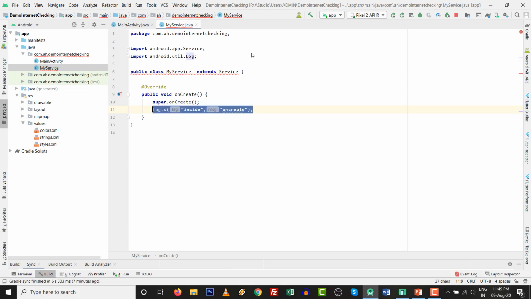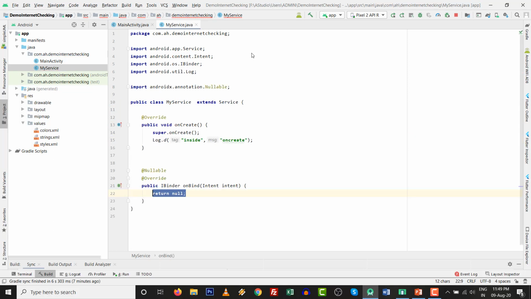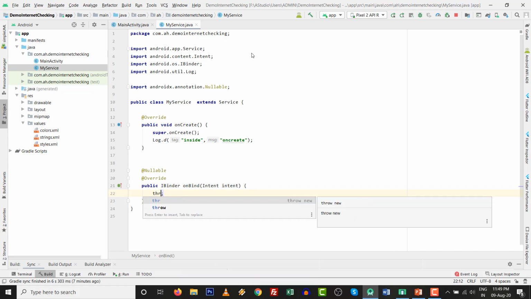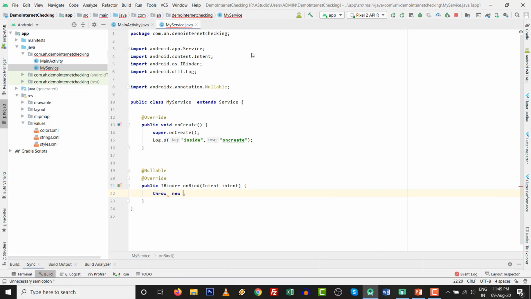I copy this string, then type onBind is there. So after you initialize this command, there is no red mark. So I type throw, which will maybe be possible, which will do certain things. So I type throw, it will throw the exception new and